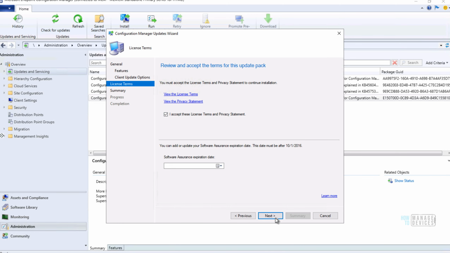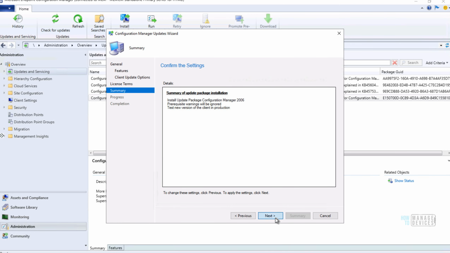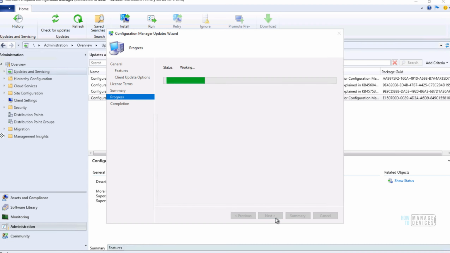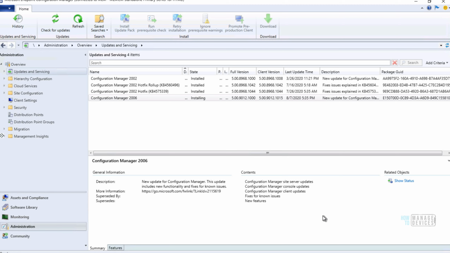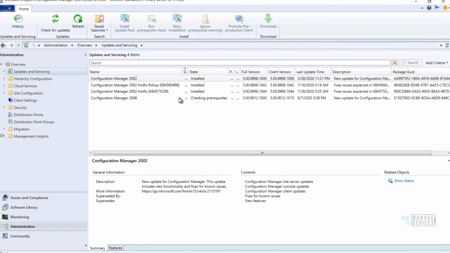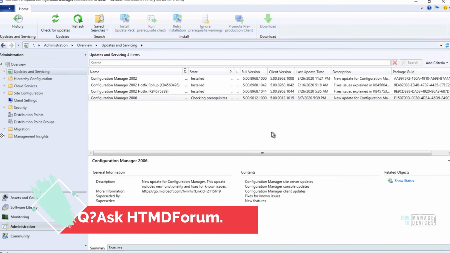As I mentioned in the blog post related to this, and I have provided the link in the description of this video, it is recommended to run the prerequisite check a couple of days before your actual upgrade in a production environment, so that the content of the upgrade will replicate to all the primary servers if you have, and you will get some buffer time to check the prerequisite failures, etc.